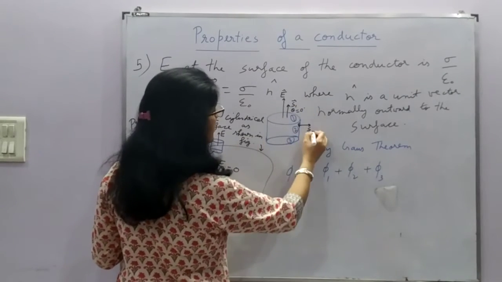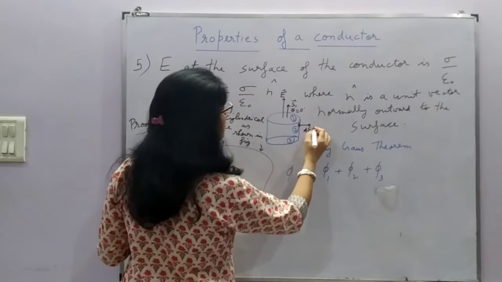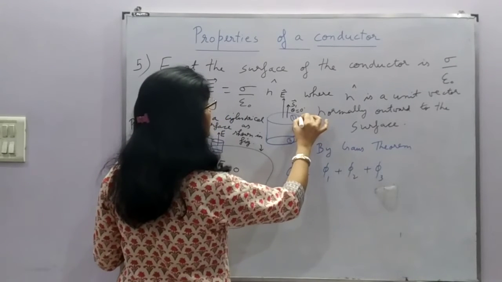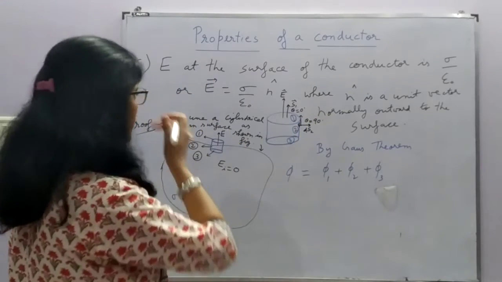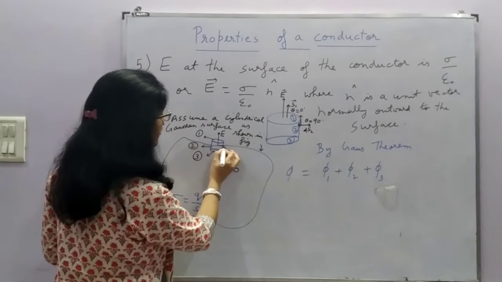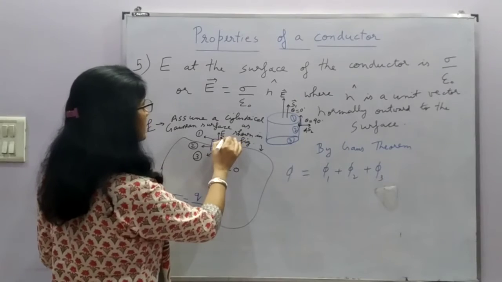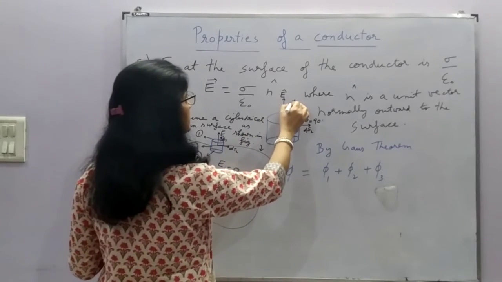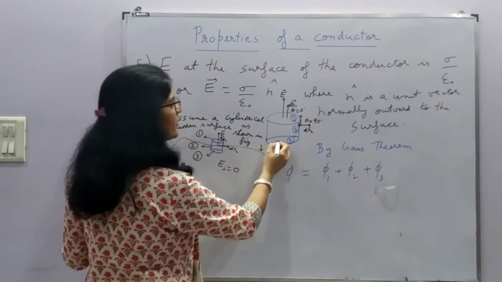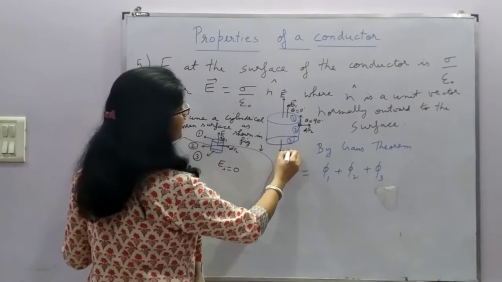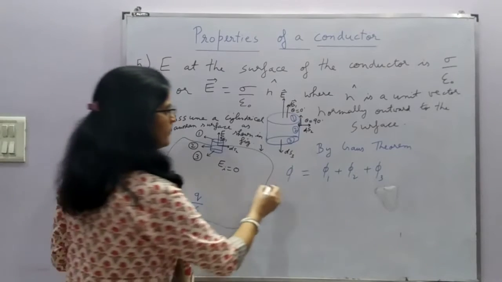We are considering this as surface area 1, this as surface area 2, the curved surface area. So this is ds2, and it is outwards, but the electric field here is normally outward. So theta is 90 degree, because the electric field is this way and the surface area vector is that way, right? So this case is of 90 degree. Now here we have no electric field, but the surface area vector is this way, and the electric field is 0.